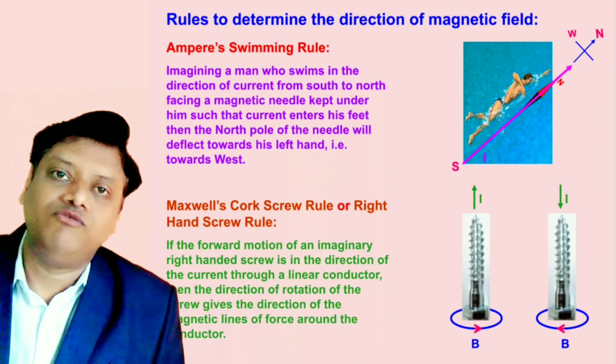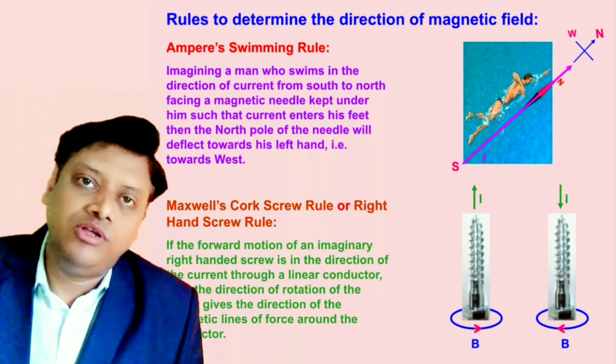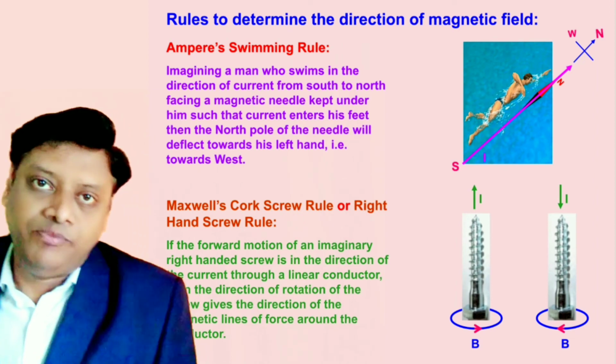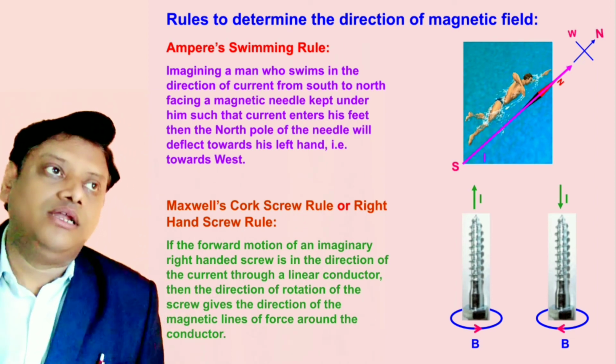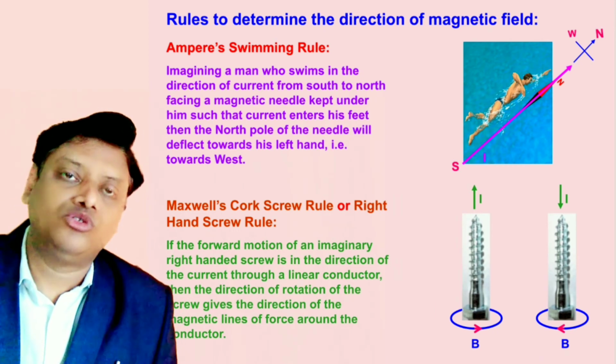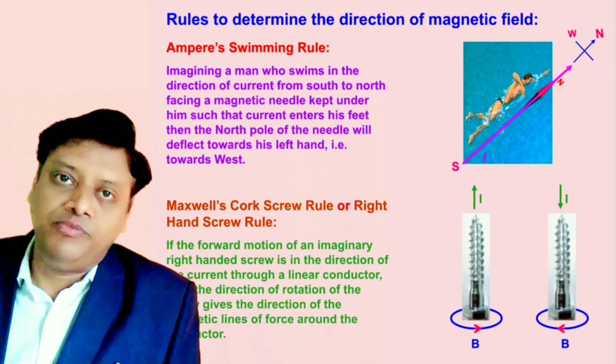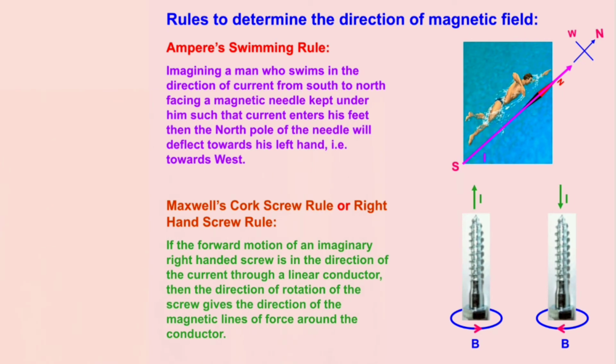So these are the two rules which determine the direction of the flow of current and the direction of the deflection of the north pole of the needle. There are some more rules, like the right hand thumb rule and Maxwell's corkscrew rule, which also say the same thing. You will get the information about these two rules here on this board, so you can copy it from here. These are the general rules and experiments which we have already studied in class 10th. After this we will come to another topic, that is Biot-Savart's law.